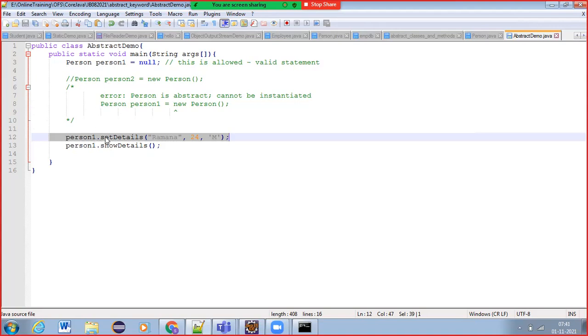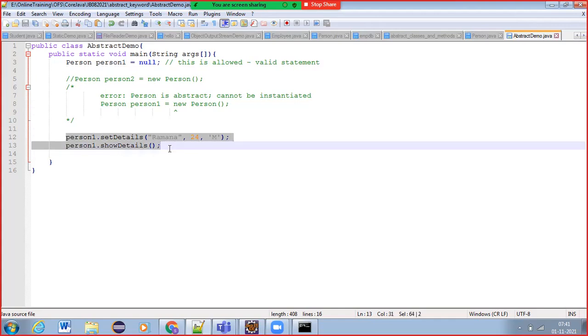Is it clear, guys? What is happening? We can create only a reference variable, and using the reference variable, you can call the methods. It will compile successfully, but during the runtime, it will fail. It will give you a null pointer exception.